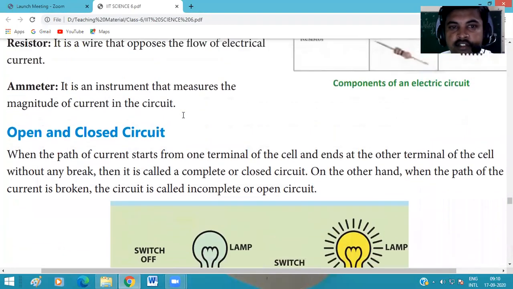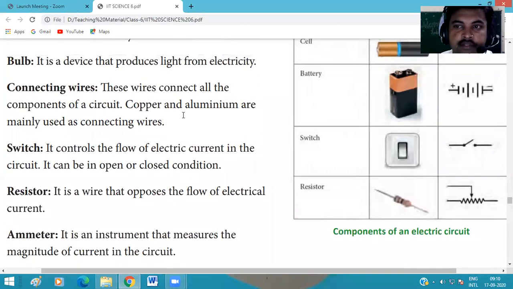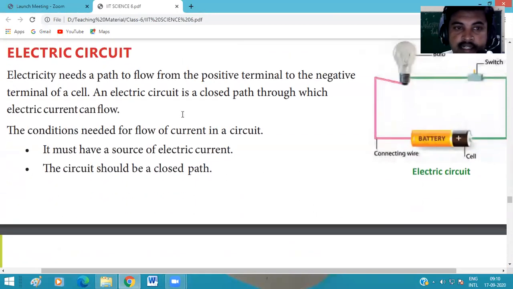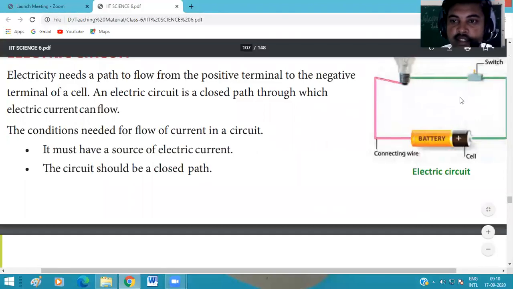In this chapter, we discussed different topics, and in the last video, I explained the electric circuit. In an electric circuit, we discussed that some components are used for completing a circuit. The components are a device, it may be a bulb or a switch, but generally in an electric circuit we use a bulb. A switch is used, and these are connected with a battery by a conducting wire. So we complete a